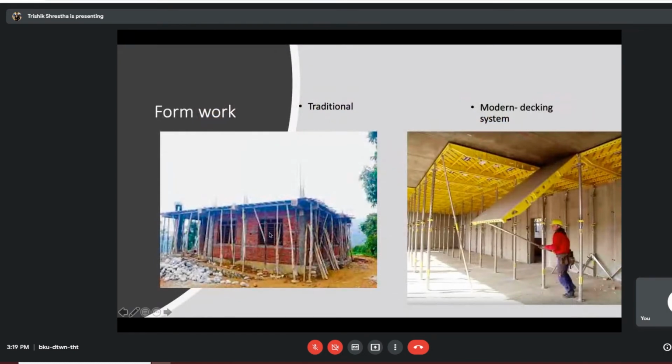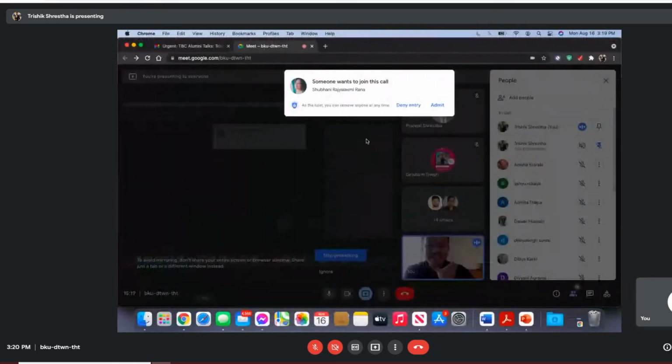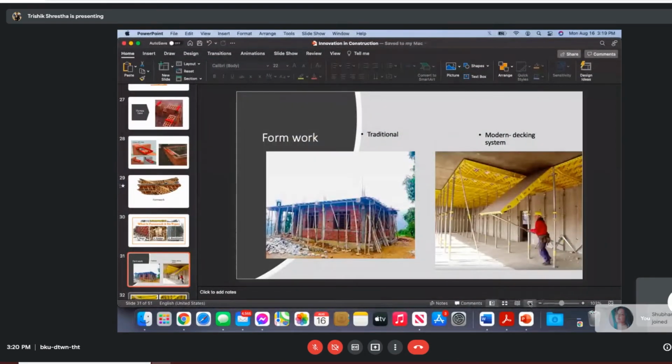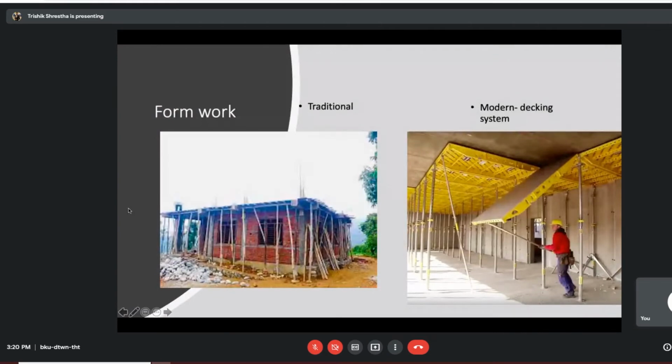So this right picture, I don't know about you, but every time I look at that picture, it just feels like home. It feels homely. I don't know if it makes you feel like that, but maybe because I've seen this growing up and this is pretty familiar to me. But just look at how this formwork is being put up. They're basically wooden poles being balanced on bricks and stones and praying to God that it doesn't fall off.